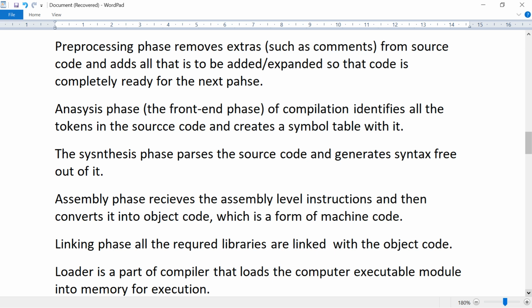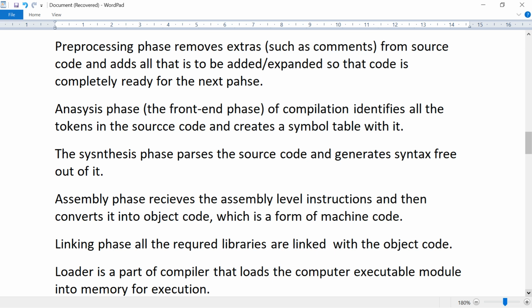Next, the second phase is the compilation phase. The compilation phase can be further subdivided into two subphases. One is the analysis phase, which is called the front end phase, and the second one is the synthesis phase or back end phase. First, we'll see the analysis phase.